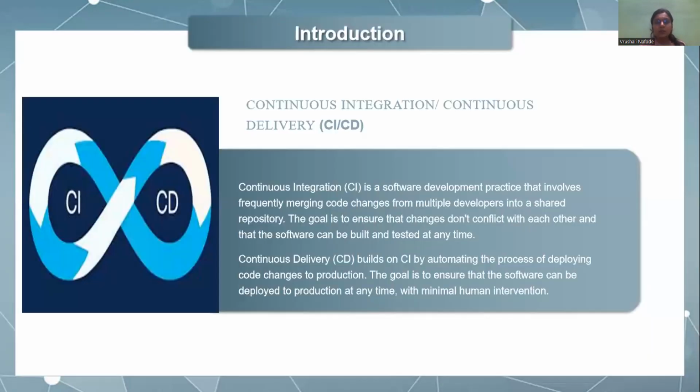So first of all, what is CI/CD? Continuous integration, continuous delivery. Continuous integration is a software development practice that involves frequently merging code changes from multiple developers into a shared repository. The goal is to ensure that changes do not conflict with each other, and the software can be built and